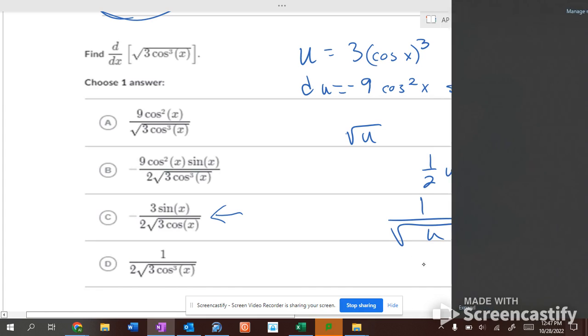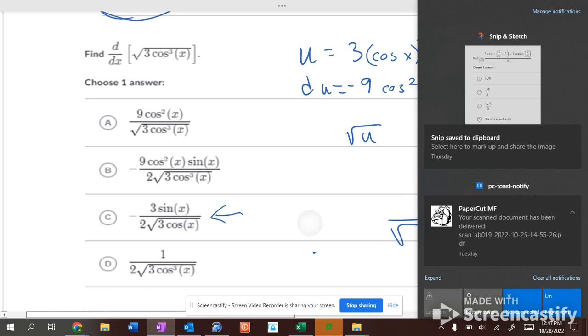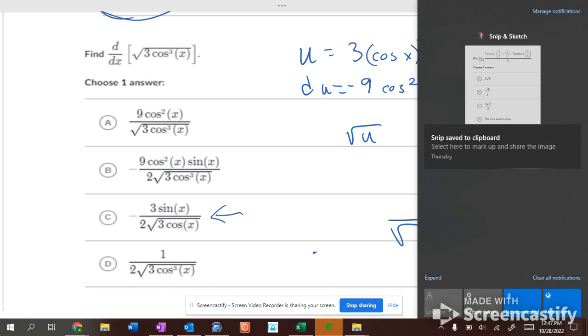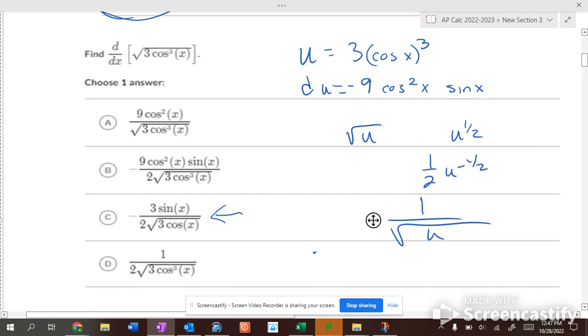So it's 1, quit it. Oh, get out of there. All right. 1 over 2 square root of u? 1 over 2 square root of u. Yep. All right. So then,